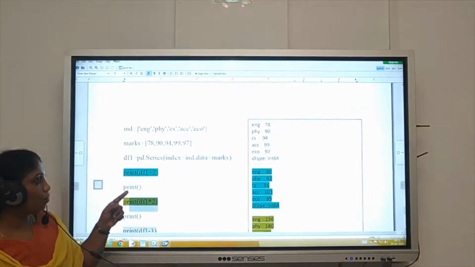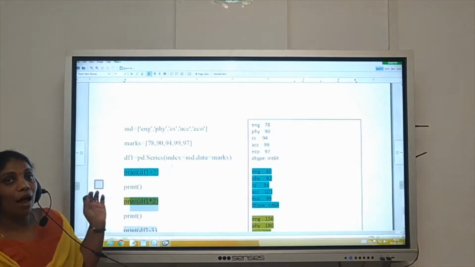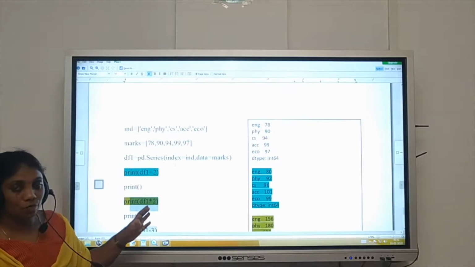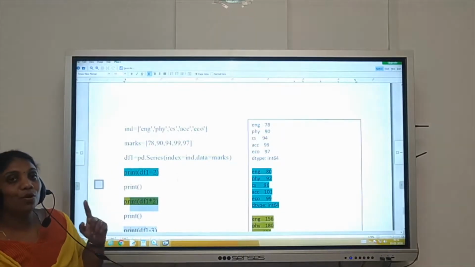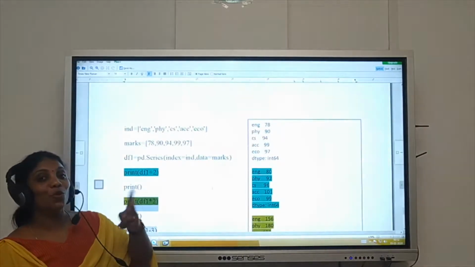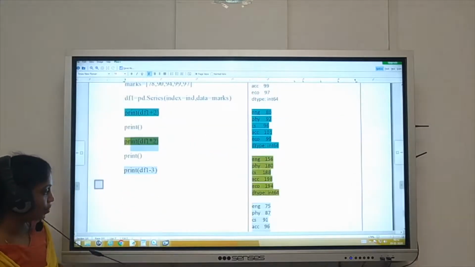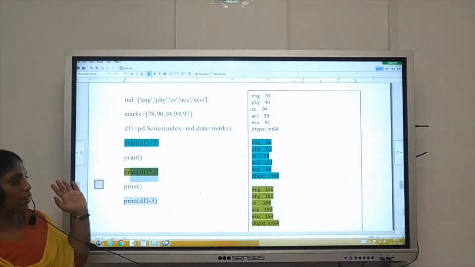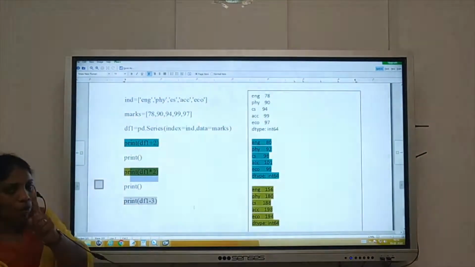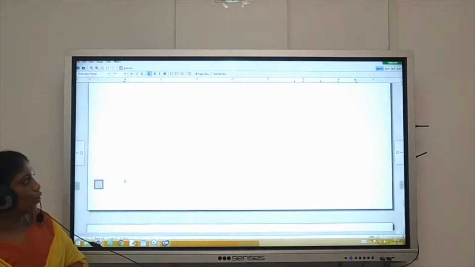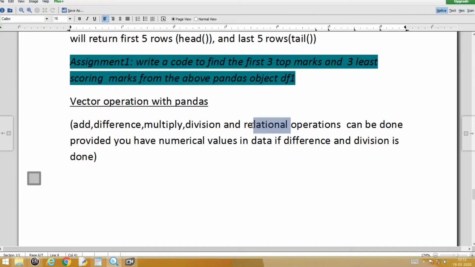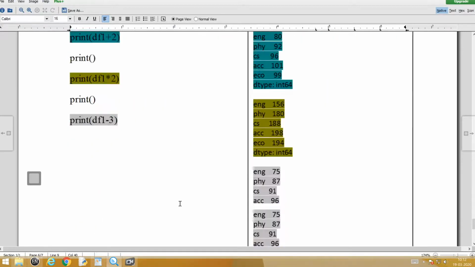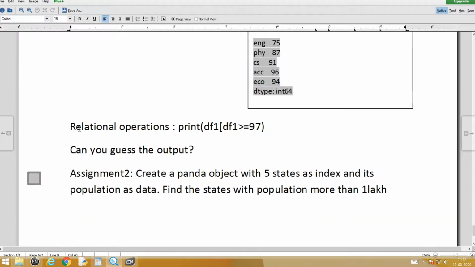When I come back, I will be providing one set of assignments with this, so that there is no confusion between numerical values and string values. I am keeping vectorized operations very short because we all know them properly. Here is one small example with the relational operators. You remember the relational operators, right? What are the relational operators? Less than, greater than, equal to, all those things. I have given one relational operator section here.